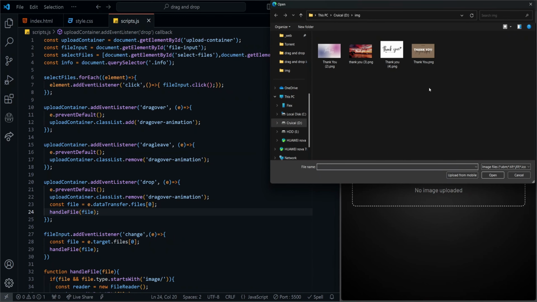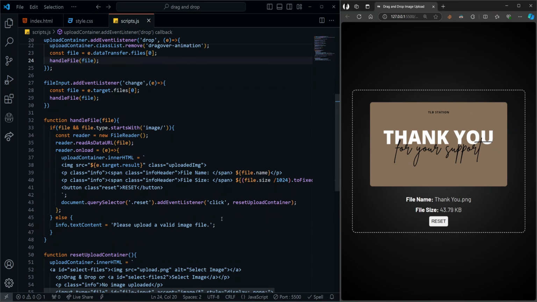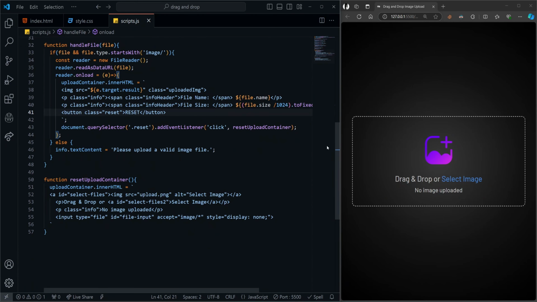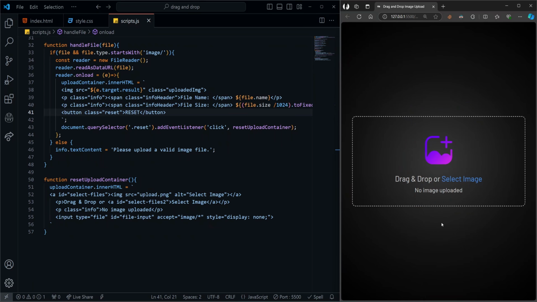Now if you try to upload an image, it should work, displaying both the file name and file size of the uploaded image. You can also drag and drop images into the upload container, and if you tap the reset button, it will reset the container back to its original state. But now, if you try to upload a file by tapping the upload icon or the select image link, they won't respond. This happens because when we reset the container using resetUploadContainer, it replaces the entire content of the upload container